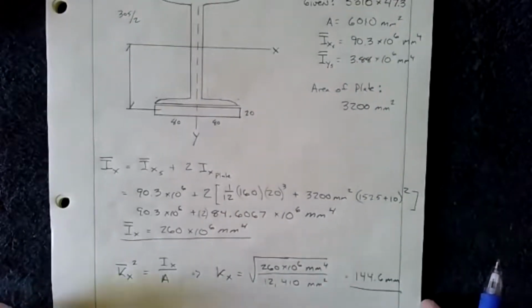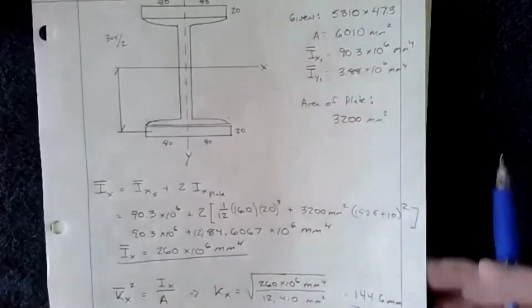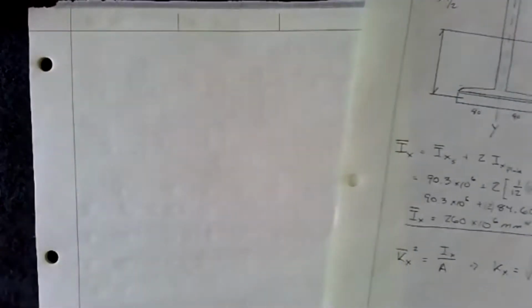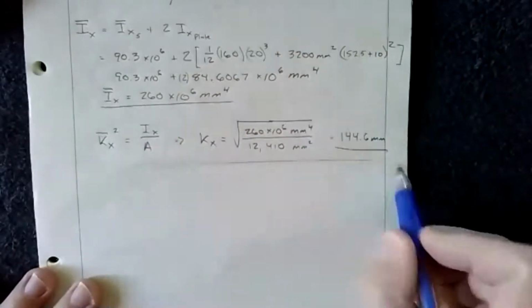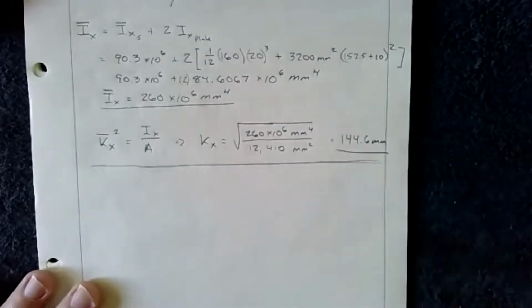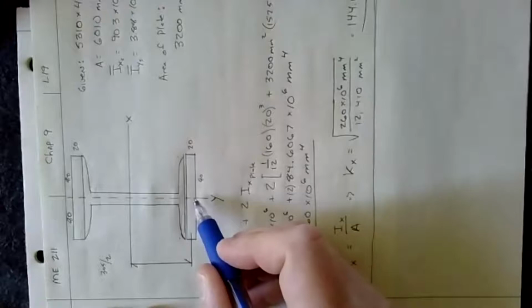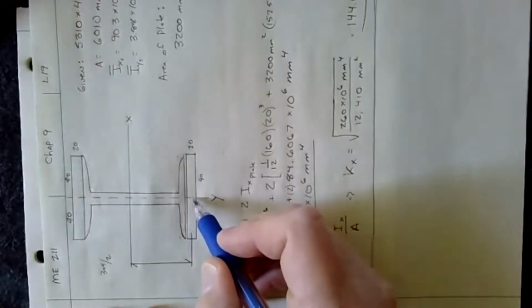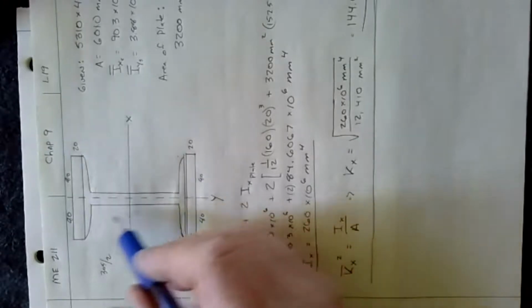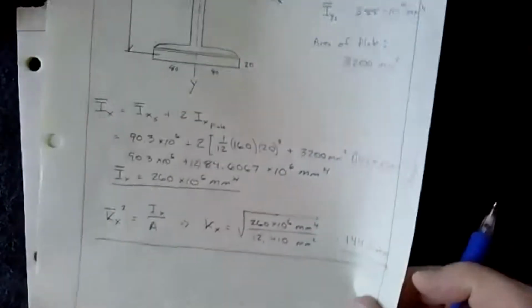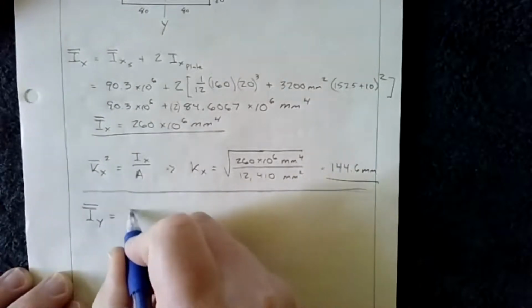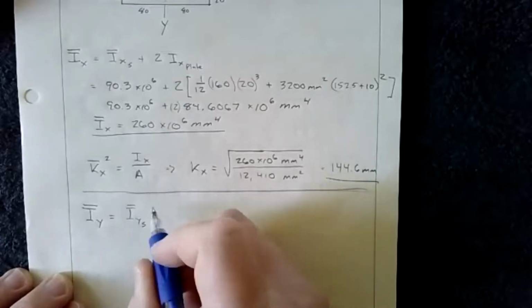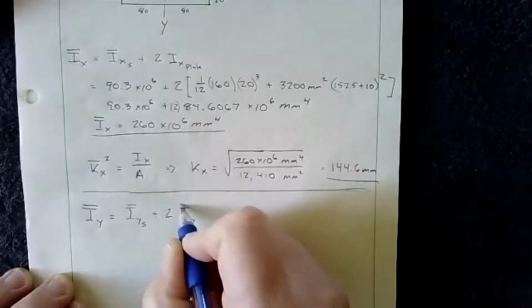Okay, so now if we want to do the same thing about the y-axis, this is fairly straightforward. If we find the moment of inertia about the y-axis, then we don't have to use AD squared, because the centroid of all shapes, this, and this, all lie along the axis of rotation. So if that's the case, then it's simply Iy equals